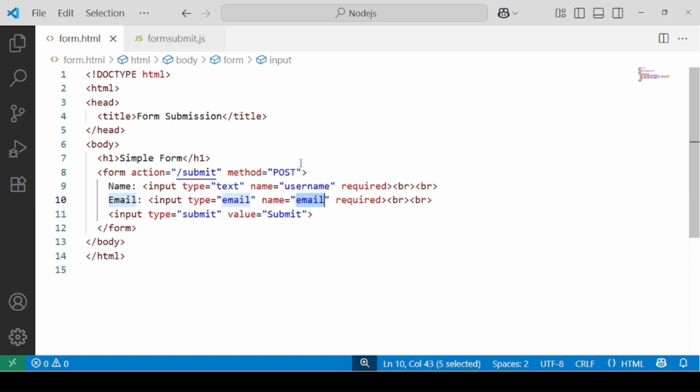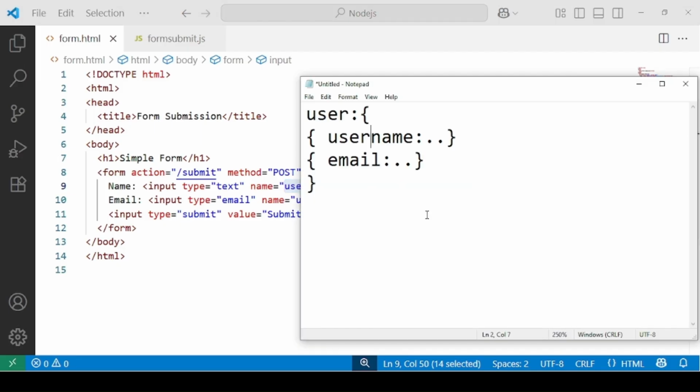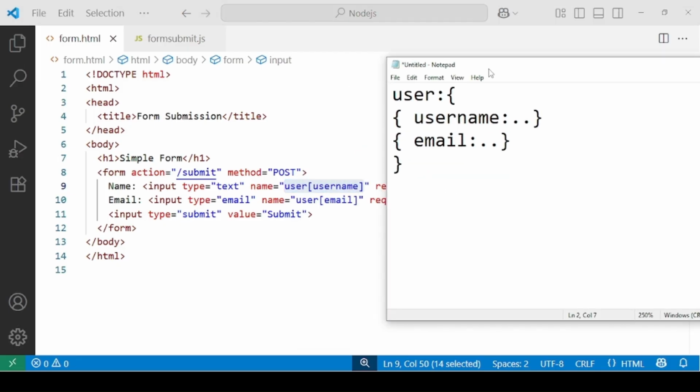But in case you want to have a complex name, you want to represent it as something like this, as user[username] and user[email]. Now in this case, if we're using extended false, they are still simple strings. But if we use extended as true, then Express will give you a nice JavaScript object that would look like this. So that's the reason we use extended as true.